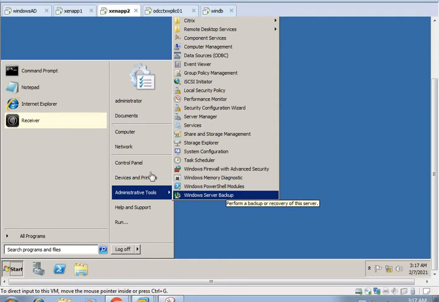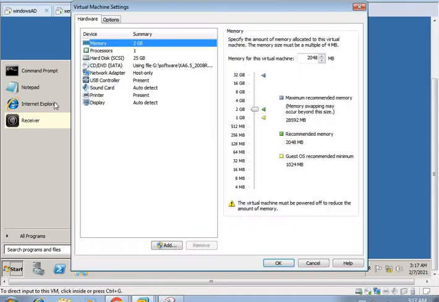Hello everyone. In this section, I'm going to show you how to install ZenApp 6.5, or mainly what happens after installation, because installation is a very normal process. We just go to the server properties.